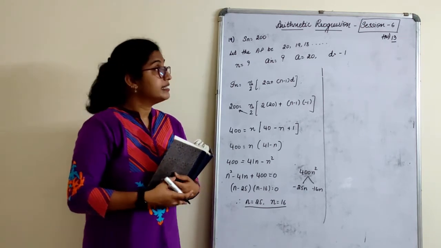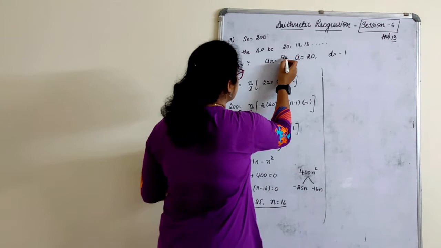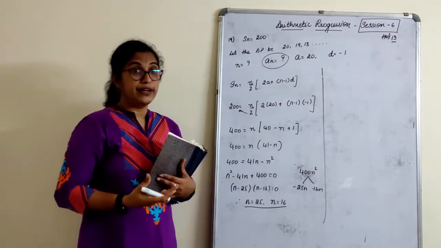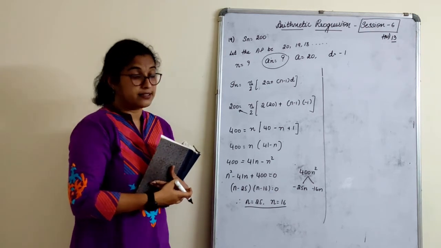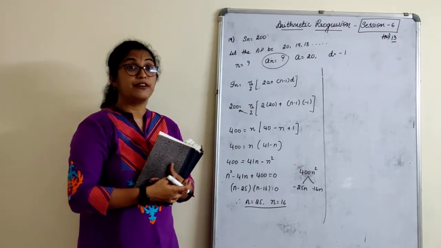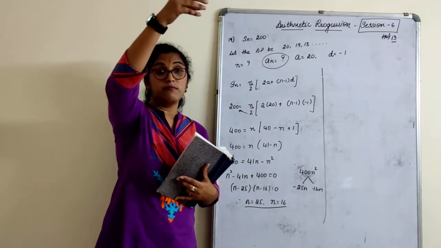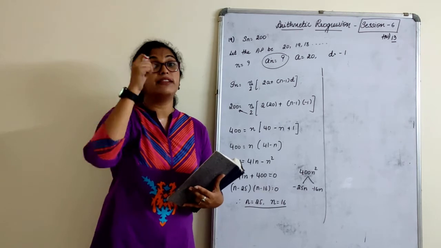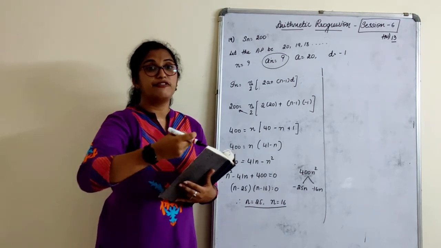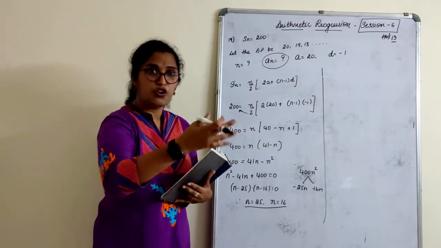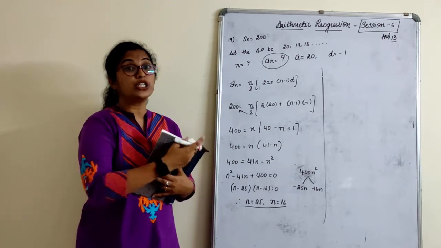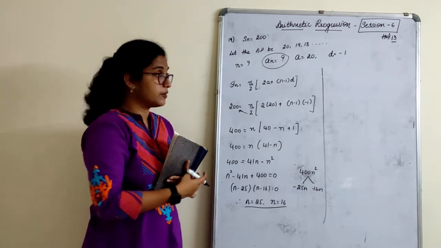See, it has to be 200 either with 25 rows or 16 rows. How do you know that? One more hint we have. We have still not found what an is. With n is equal to 25, let us find out an. An should be positive or negative, children? Of course positive. Why? Because that is the last number. What is the number of logs you have in the last row? That should be positive logs only. I should have either 10 logs, 5 logs, 4 logs, etc. Based on that, we'll come to know which is the right number of rows here.